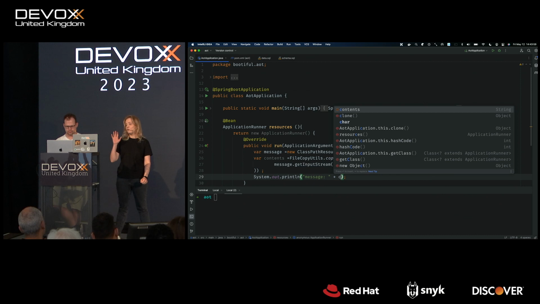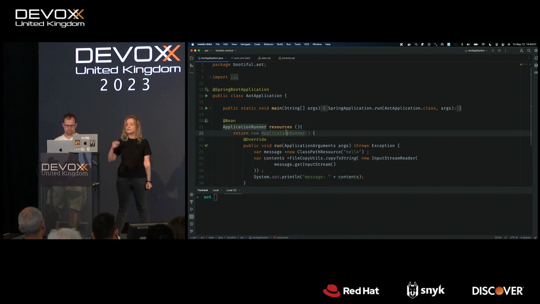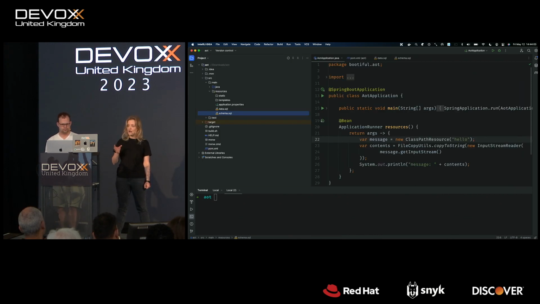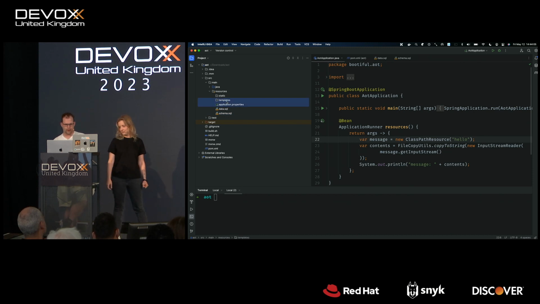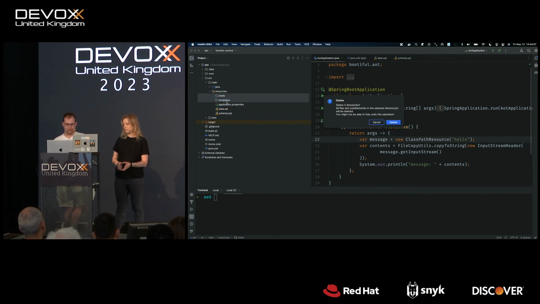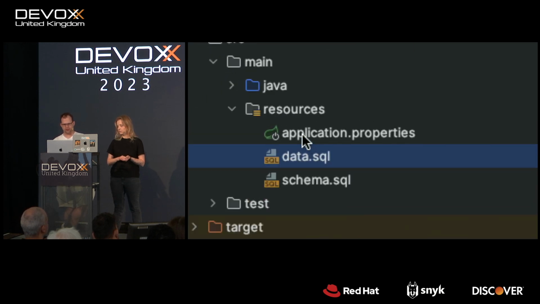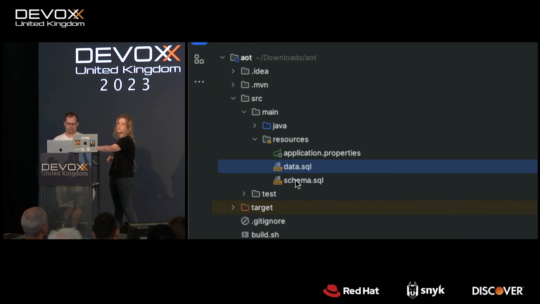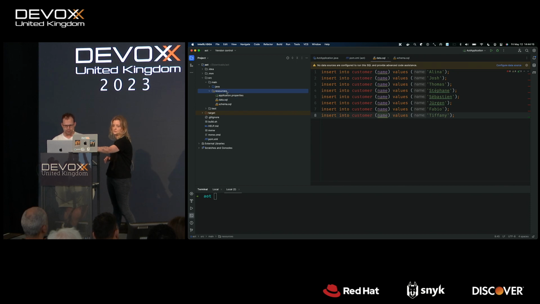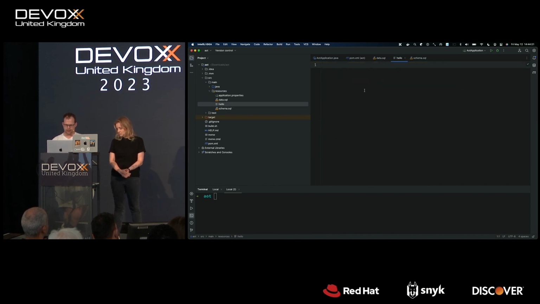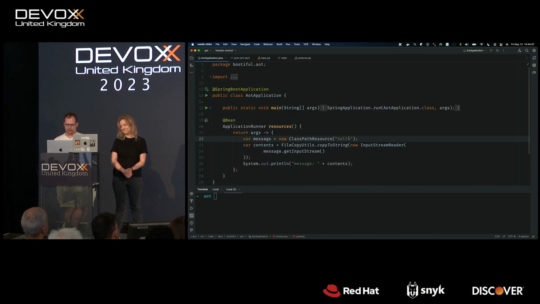Right. And the first thing we want to show you is how you work with resources if you want to run your application in the native image mode. Right, and so just to reiterate, earlier on, we have some resources here in source main resources. Got application.properties, got data.sql, schema.sql. These are well-known things, but generally, you can't rely on everything being where you expect it to be. So I'm going to have a message here, and, hi, Mom. Okay, there you go. So we've got this message right there, okay?